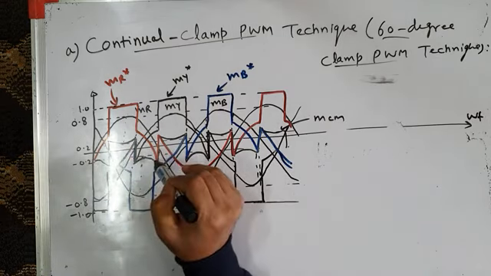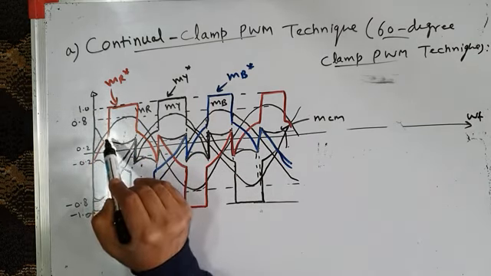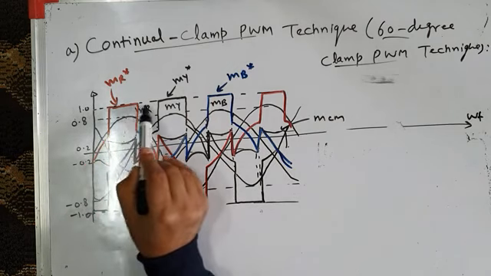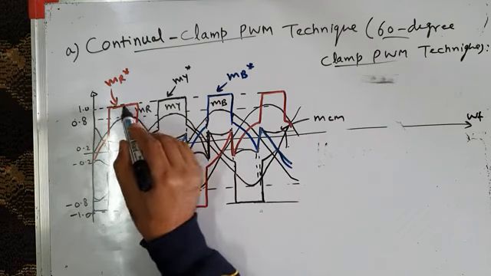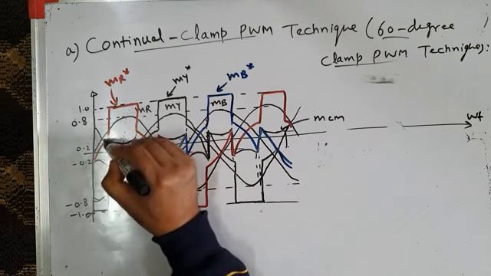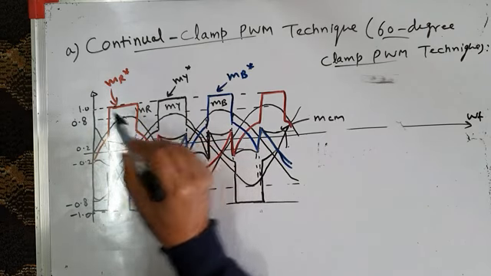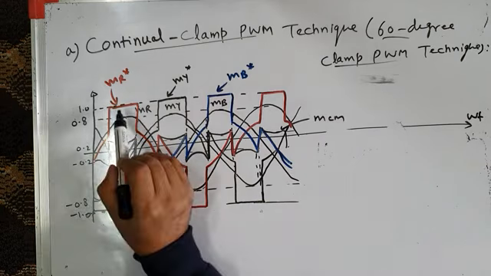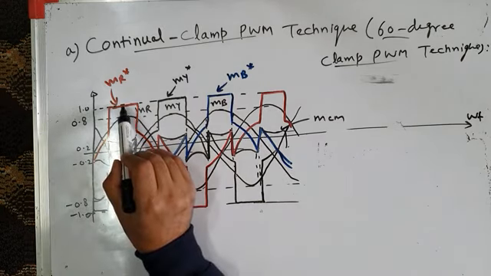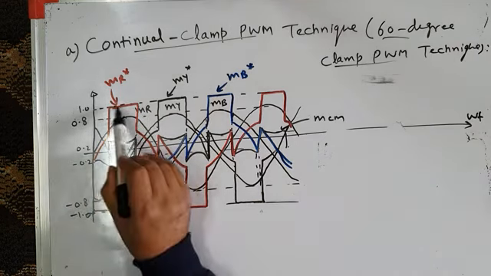Then from 120 to 180 degrees, there is again switching, but over this middle 60-degree interval, that is 60 to 120 degrees, it is not switching. It's clamped to positive DC bus. That means the top switch of phase leg R is not switching. Phase leg R is switching over this 60-degree interval and over this 60-degree interval, but over the middle 60-degree interval, it is not switching. The top switch is permanently on. So switching losses are reduced over the 60-degree interval. This is in the positive half cycle.